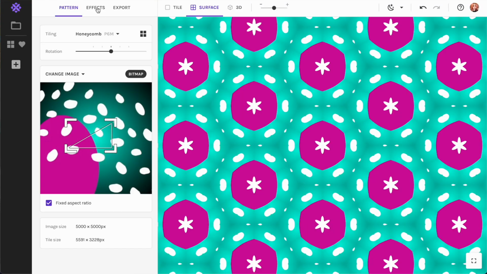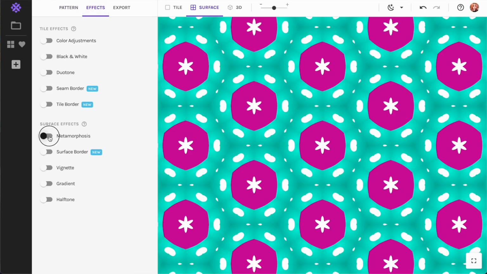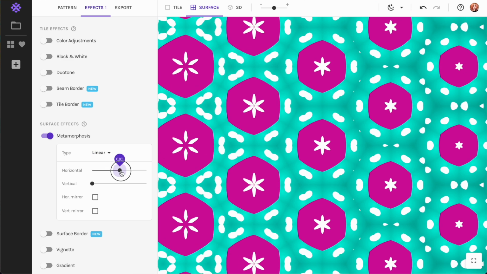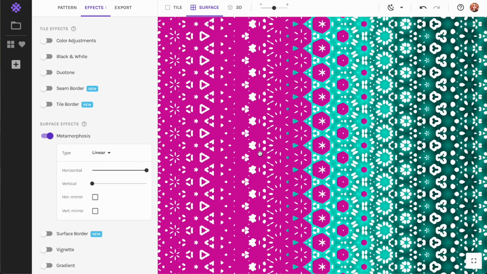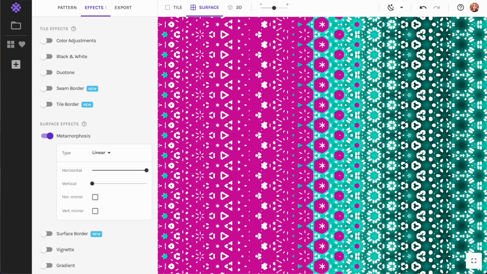Going back to the fact that patterns don't have to be seamless, they just have to be in the right size, I can also tell you that there is something cool that you can do with Repr that is called the metamorphosis effect, which basically breaks your pattern in the middle. It does not create a seamless pattern. However, you can download this in 20,000 pixels, so it will basically cover any surface that you want to do